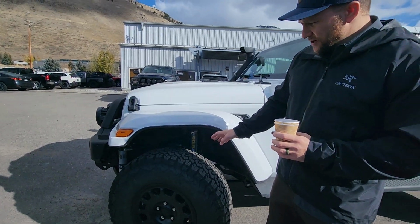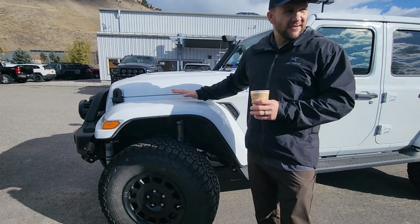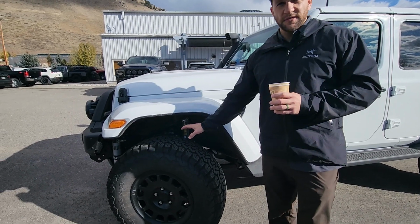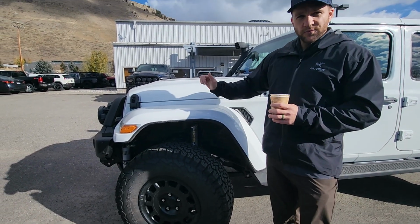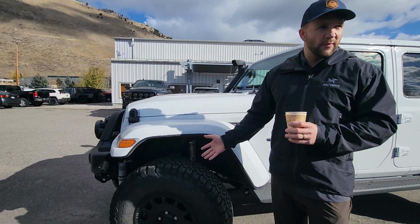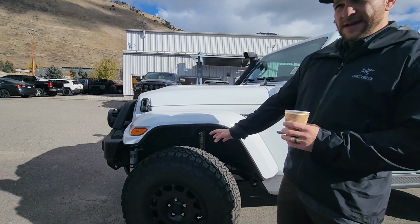So when you're talking about the suspension, keep in mind this is a Sahara. So the Sahara has a lower fender flare than a Rubicon, so we only put a 35-inch tire. If this was a Rubicon 4xe with a raised fender flare, we would put a 37 because you have more room in the wheel well. Does that make sense? So with this one being a 35-inch tire,